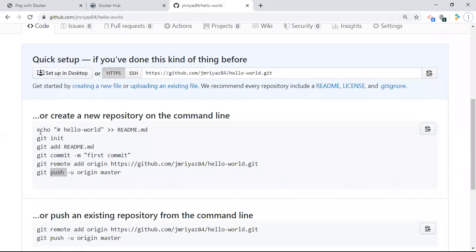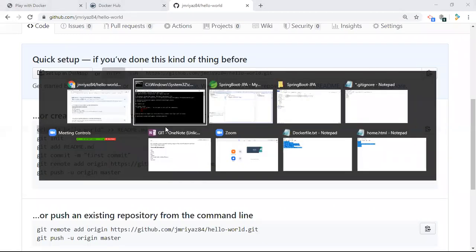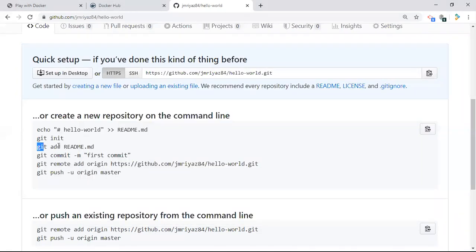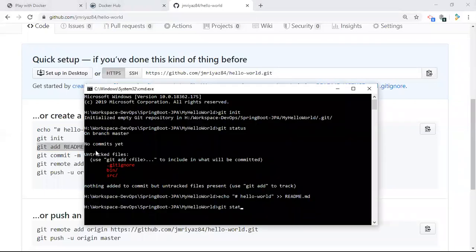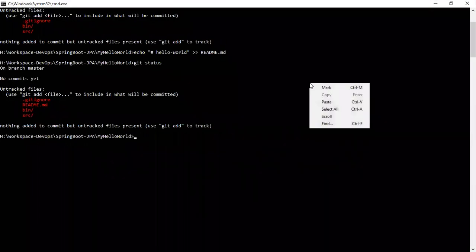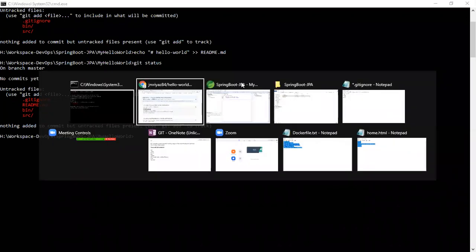First we'll create one readme file. Then we are going to add that readme file. Before adding, you can go and edit that readme file.